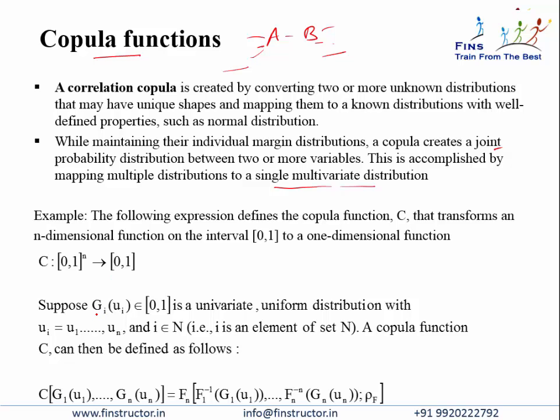So suppose G_i, or U_i, defined between the range 0 to 1 is a probability distribution, that is, the probabilities can be between 0 and 1, is a univariate uniform distribution. Then a copula function C can be defined